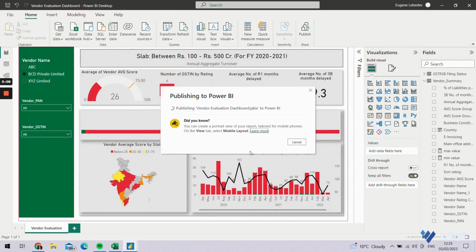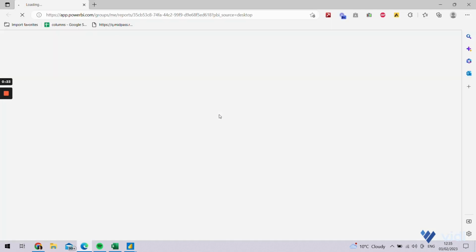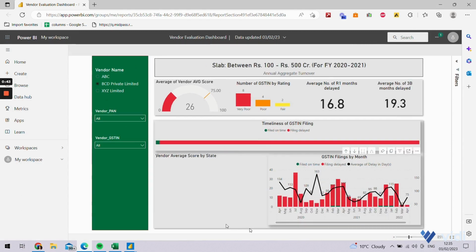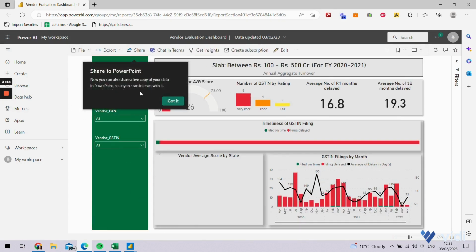Once you finish building your reports, you will publish them to Power BI service so that other people in your company can view them. This is a web platform which can be accessed through your browser. Inside of Power BI service, you can also schedule automatic updates of your reports, but more on this later.